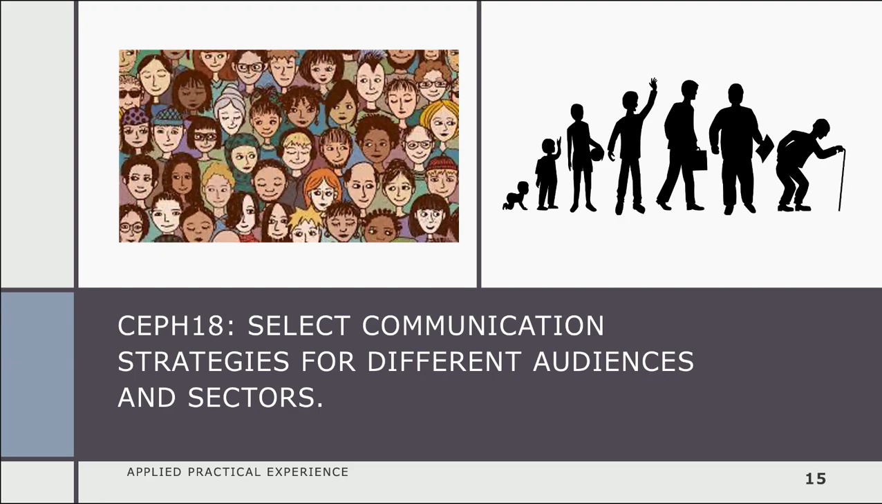Competency number 18 is to select communication strategies for different audiences and sectors. Supporting documents for number 18 are the Adult and Adolescent Patient Support Questionnaires. One of the main goals of the Social Determinants of Health Patient Support Questionnaire is to reach different audiences. This competency was fulfilled by creating a Social Determinants of Health Patient Support Questionnaire tailored towards adults and one tailored